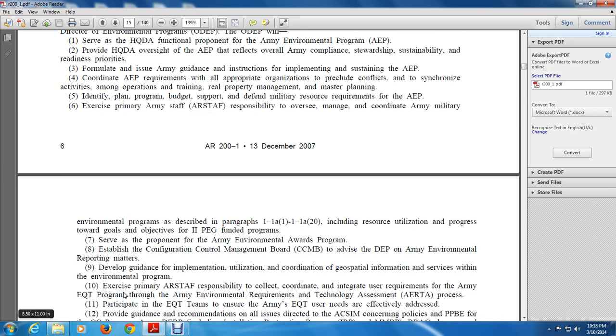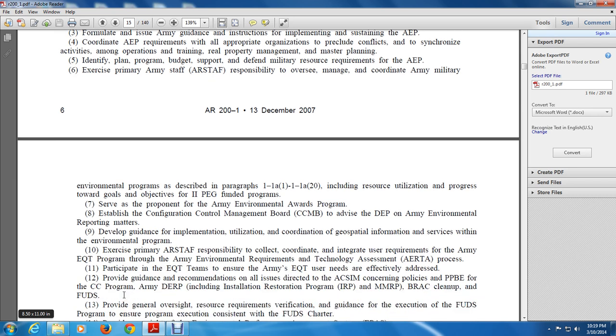Proponent of the Army Environmental Awards, and the established Configuration Control Management Board (CCBMB) to advise the DEP of Army environmental reporting matters, develop guidance, implementation, utilization, and coordination of geospatial information services with the environmental program. The exercises of ARSTAF have responsibility to collect, coordinate, and integrate requirements of the EQT program, the environmental requirements and technology assessment (ARETA) process. Participate in EQT to ensure the EQT uses needed, effective addresses, and provide guidance and recommendations on all issues related to the ACSIM current